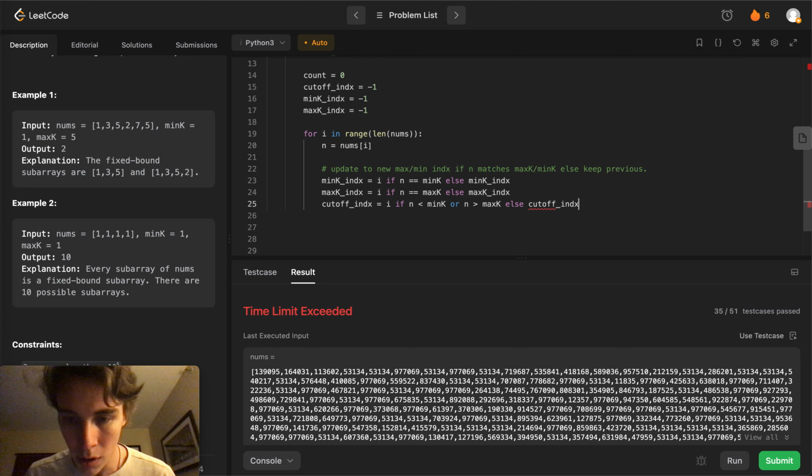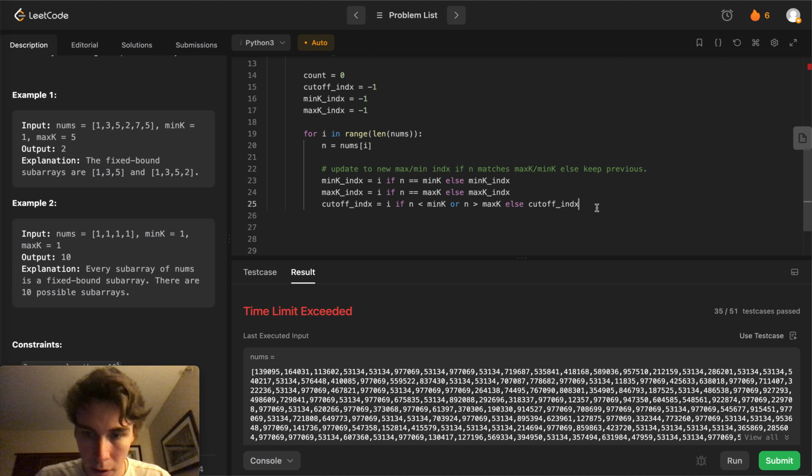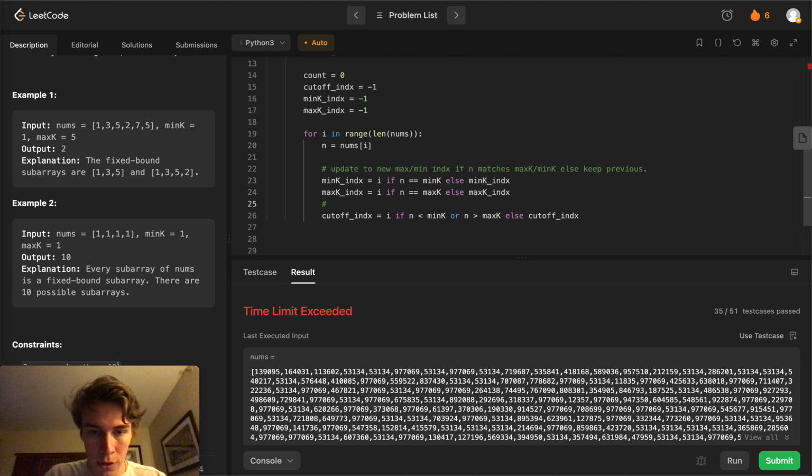So we're just keeping this pretty structure of ternary equations. Update cut off indx to most recent